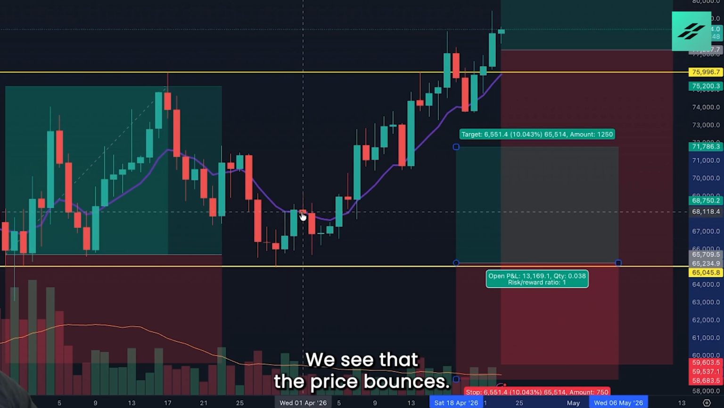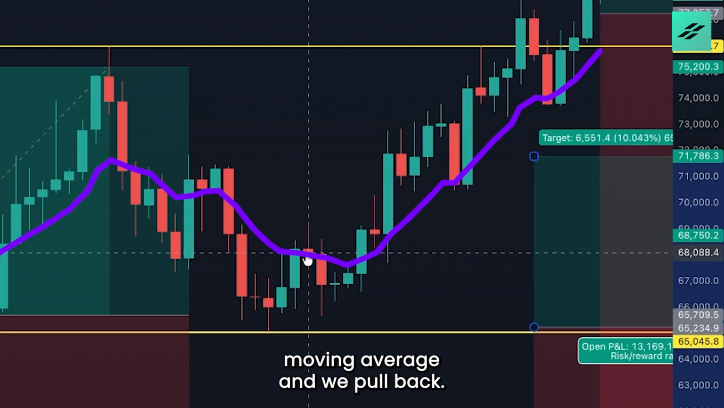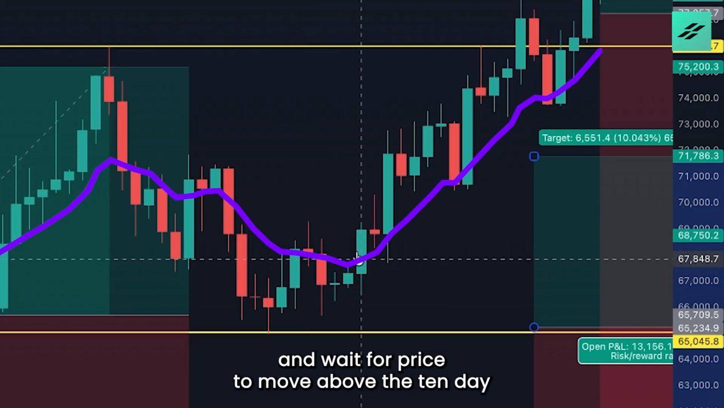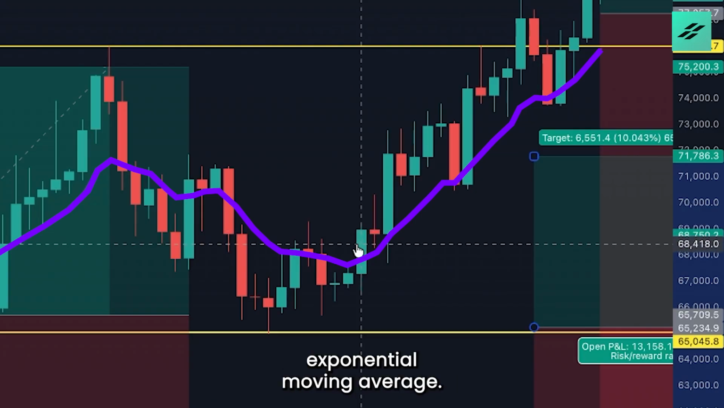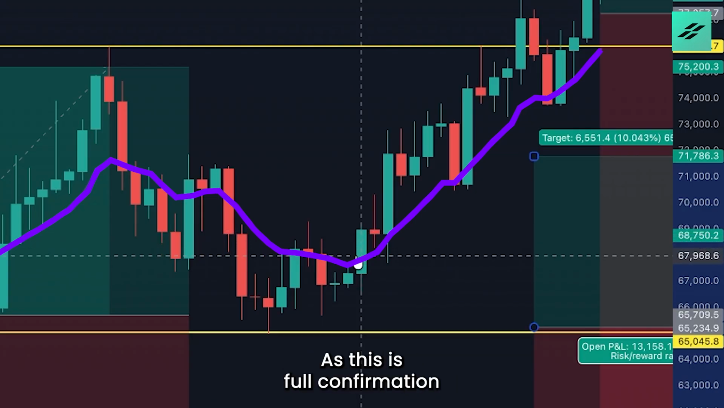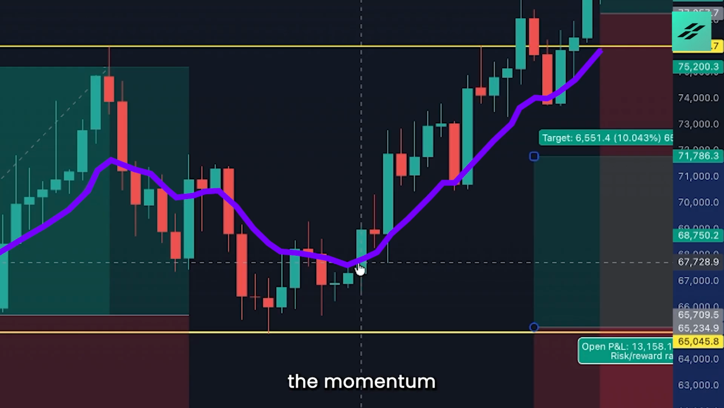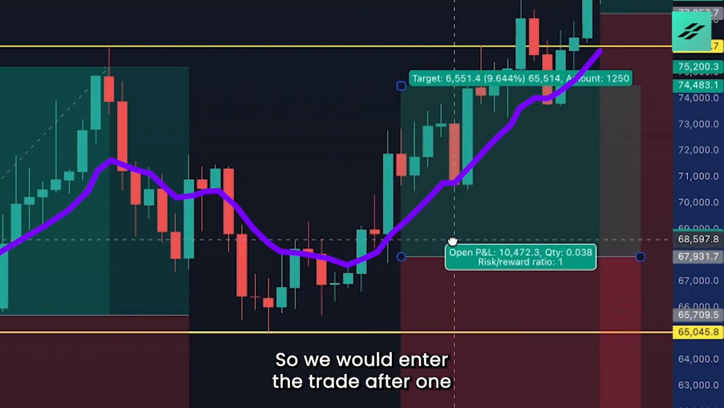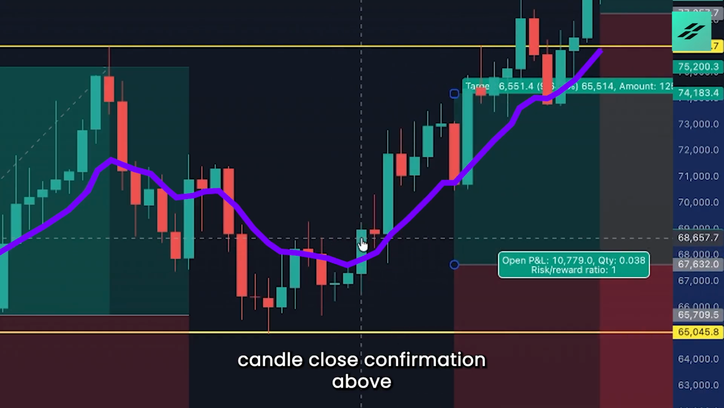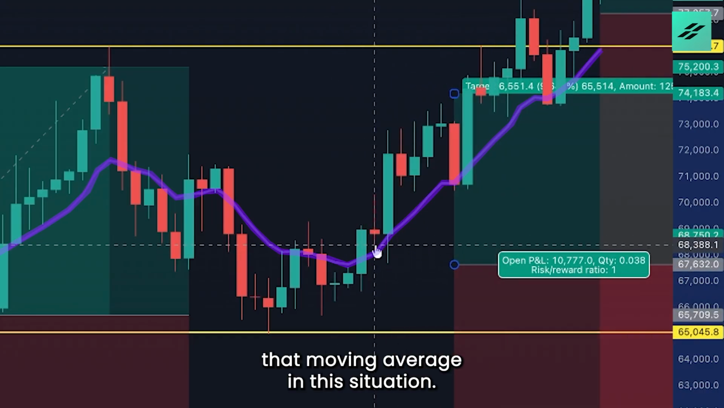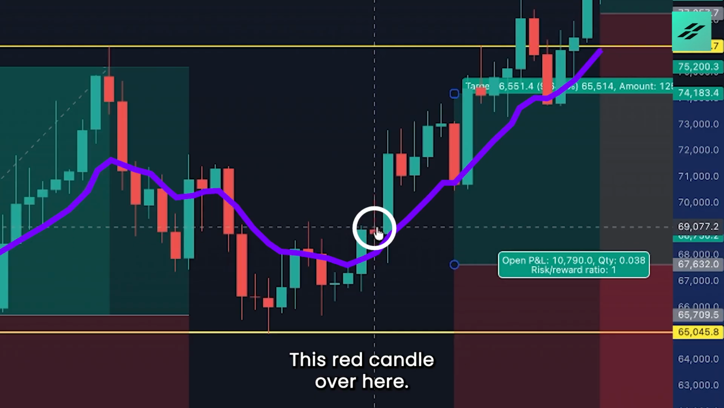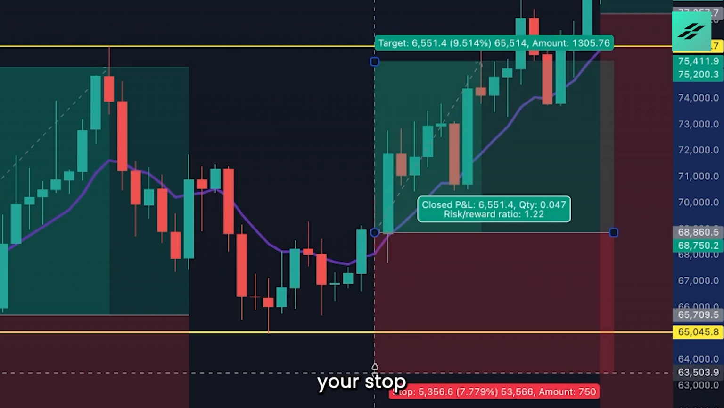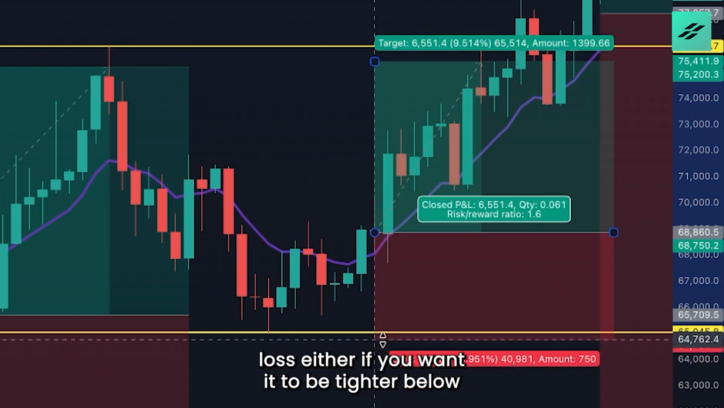We see that the price bounces, we hit that 10-day exponential moving average, and we pull back. We want to be patient and wait for price to move above the 10-day exponential moving average, as this is full confirmation that we're ready to move higher and that the momentum and direction is with us for this long trade. So we would enter the trade after 1 candle close confirmation above that moving average. In this situation, this red candle over here. So we would enter on this red candle,